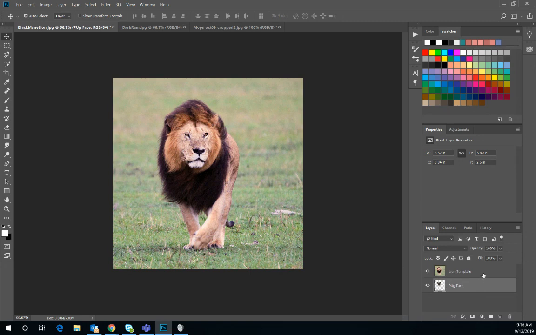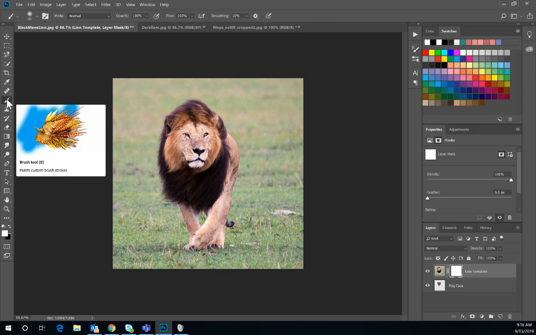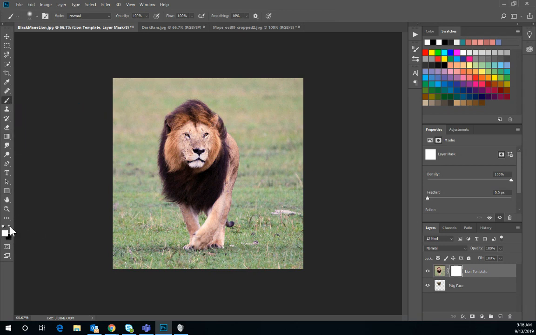So I'm going to go to my lion template layer, and on the bottom there's a little icon with a square with a circle in the center called Add a Layer Mask. It's going to add a layer mask here, and I'm going to click on this layer mask and begin my process of painting through it. The shortcut key for the brush tool is B, as in boy. If you want to switch foreground and background colors on the bottom, you could use this little button right here, or you could press the X key to flip back and forth. Right now we're going to be using black, because black hides the original image and works its way